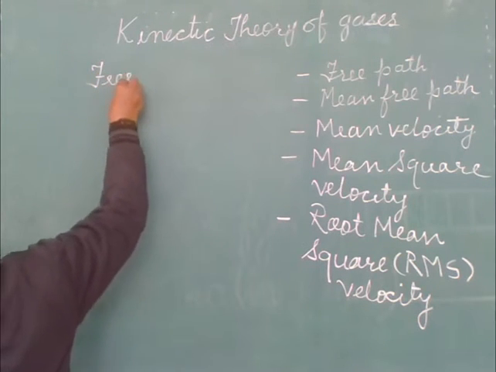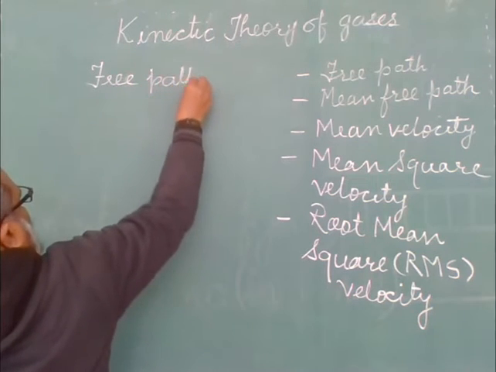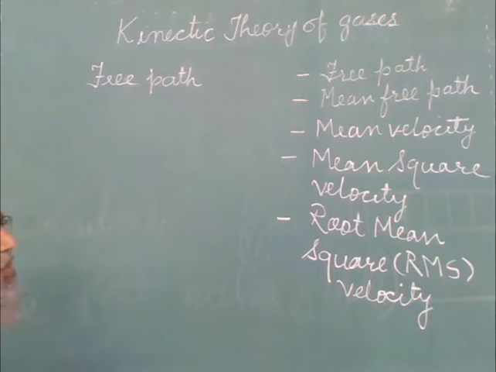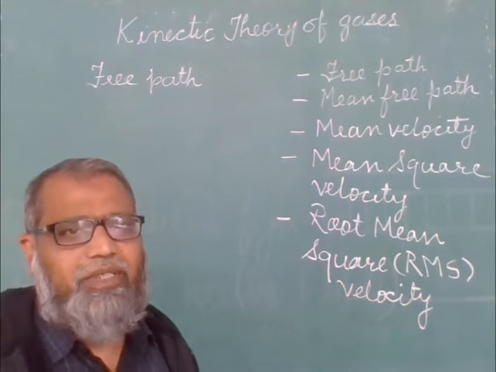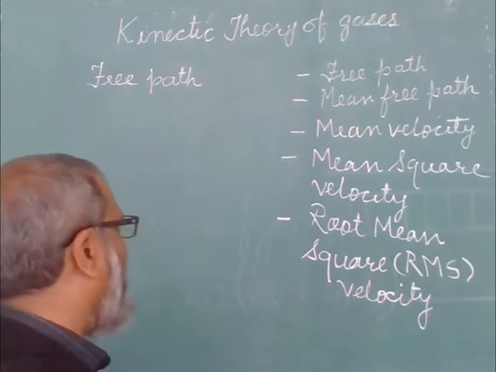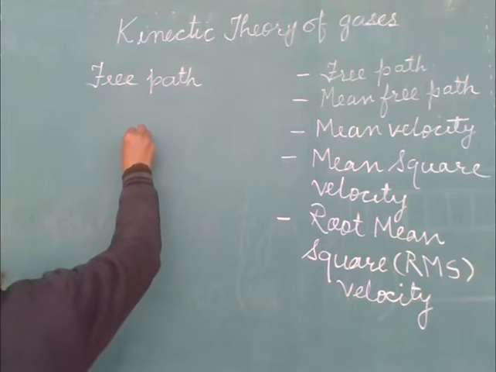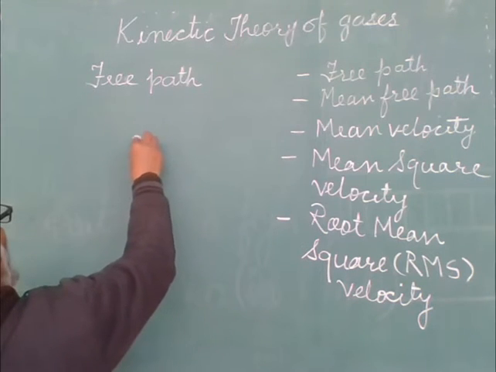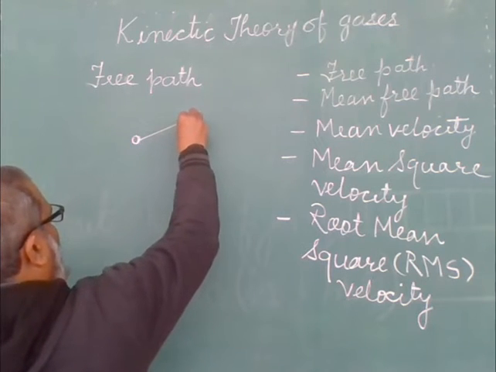Free path. We know that the gas molecules are always in a state of random motion. They move in the container. So these molecules, between two collisions, travel a straight path. For example, if I take this one molecule, it will collide with another molecule,